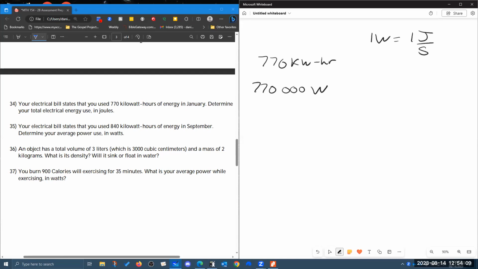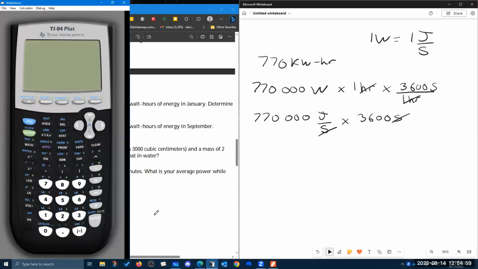So this is 770,000 watts times 1 hour, and 1 hour is 3,600 seconds. And we're going to replace the watts there with joules per second times 3,600 seconds, and the seconds will go away. This is going to be probably something that we're going to call megajoules, but let's see. So we've got 770,000 times 3,600 is